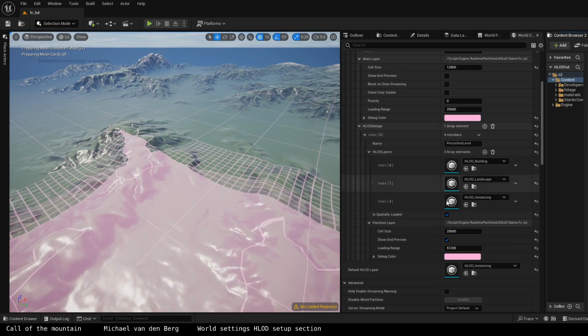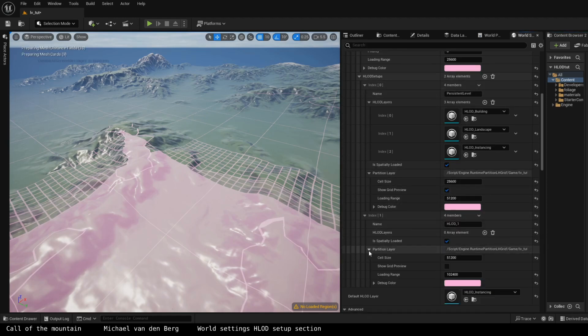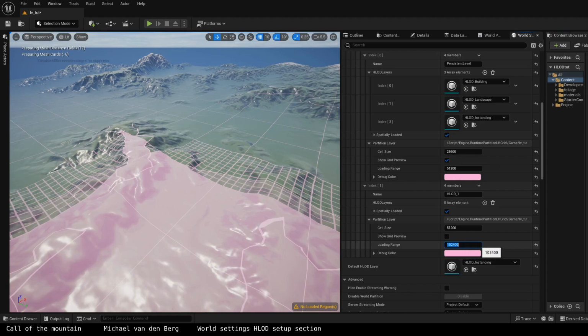So this might be like for the very far distance, you could have one with a loading range that's really big, and then you could add another one where the loading range is much smaller, for instance, or the other way around, whatever you prefer, right? And then with a denser